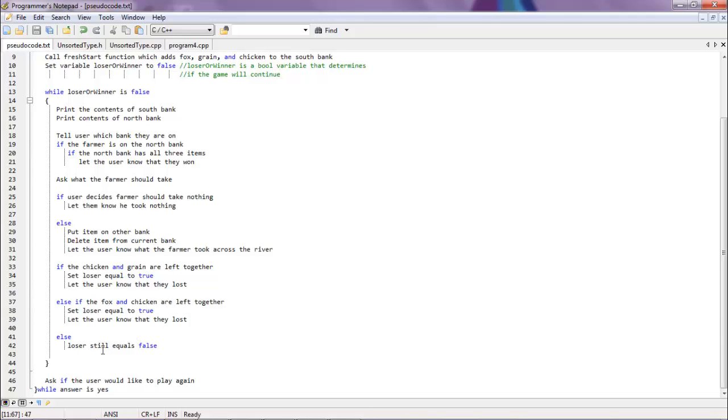If none of that happens, then loser still equals false. And that's pretty much it. It just continues doing that until the user loses or wins, and at the end of that, it asks if they would like to play again. And so, because of the do-while loop, if they answer yes, then it will continue on doing that. And if they answer no, then